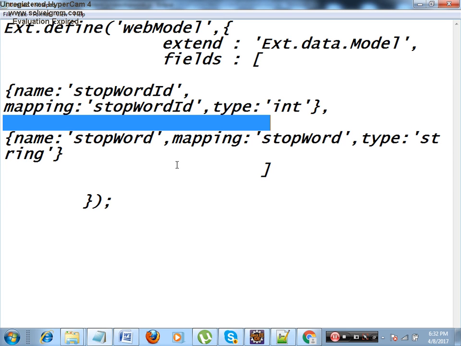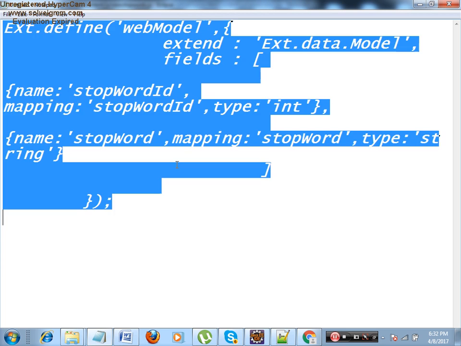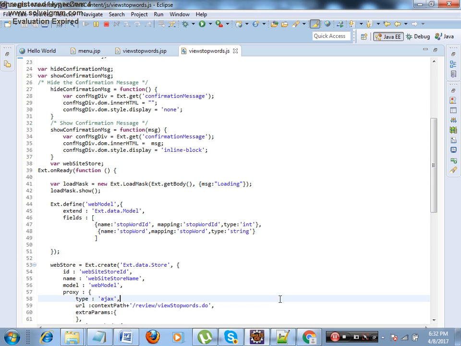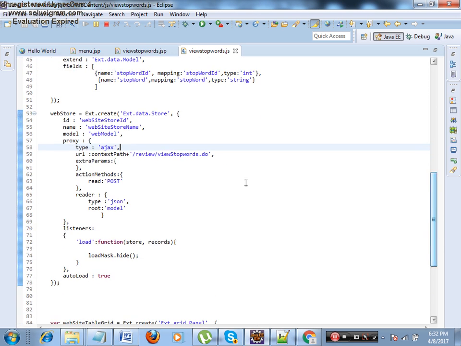Mapping is used to bind between the back end, that is the controller, to the front end. Name is to use it in the front end. Clear with this model? Next after that, where will be the data on the front end if it is a JS file? Store. Okay, therefore now let us learn about a store if you want to call a backend data.